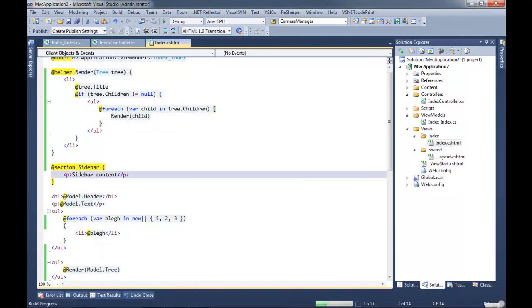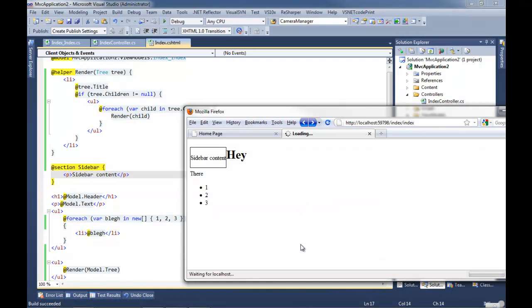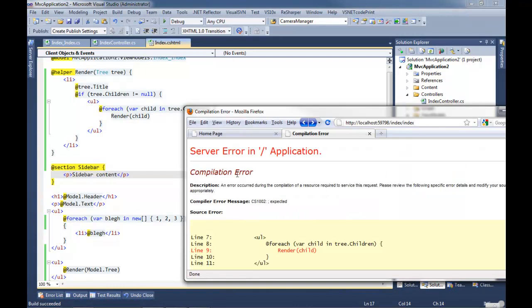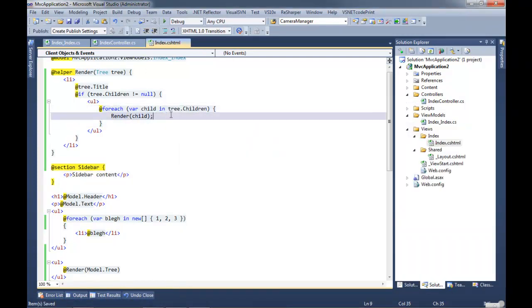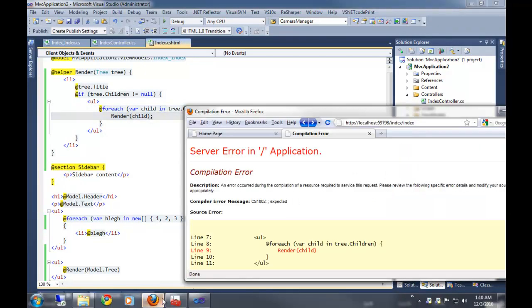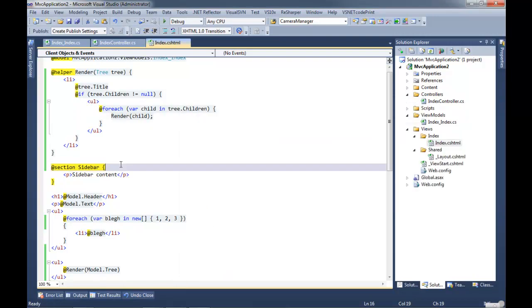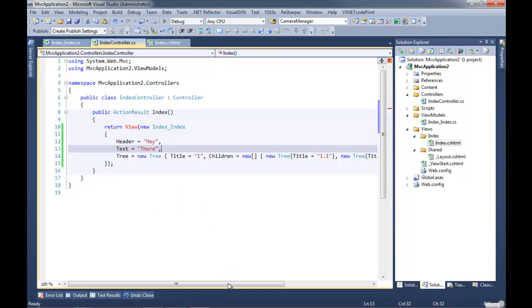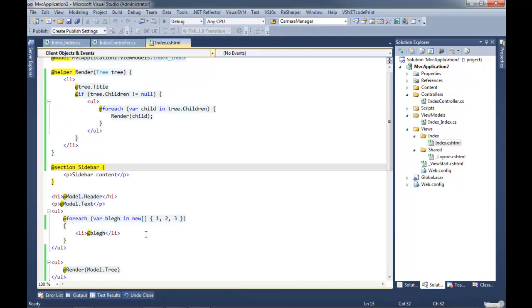And we compile and render. And we get an error because this is actually C# code now. And we need to do that. So now we get a 1. And the reason we get a 1 is because... title equals 1 back there?